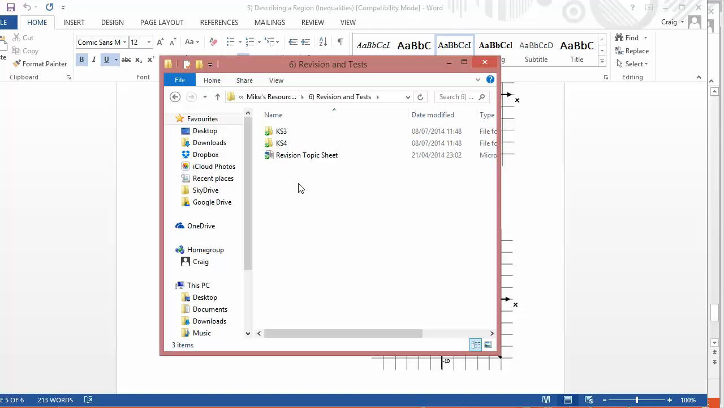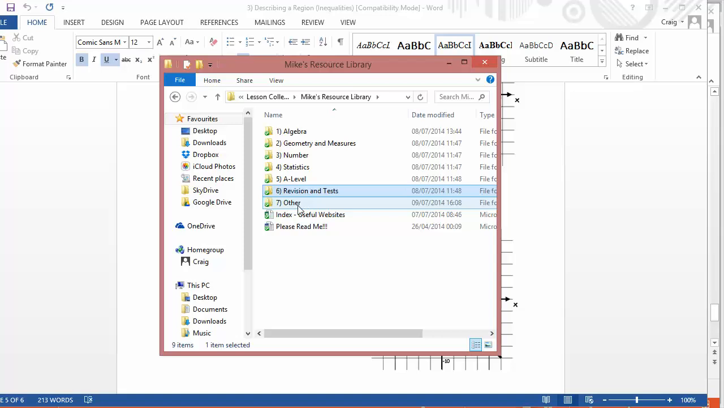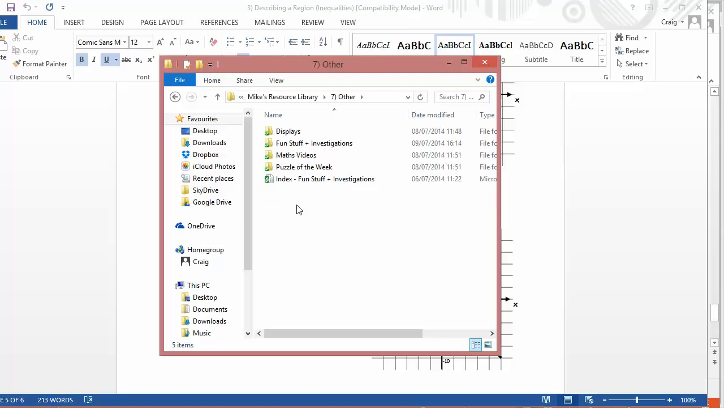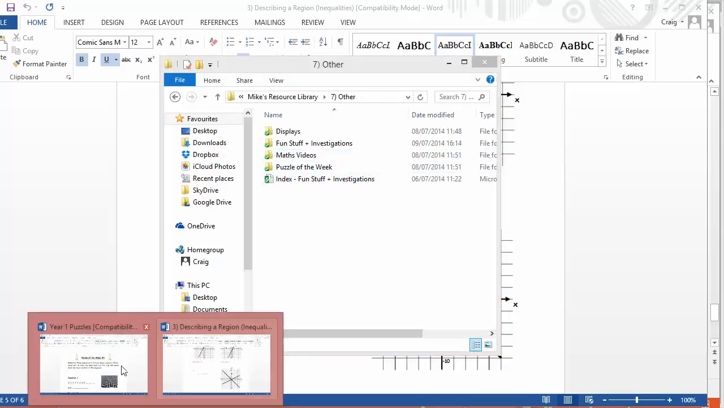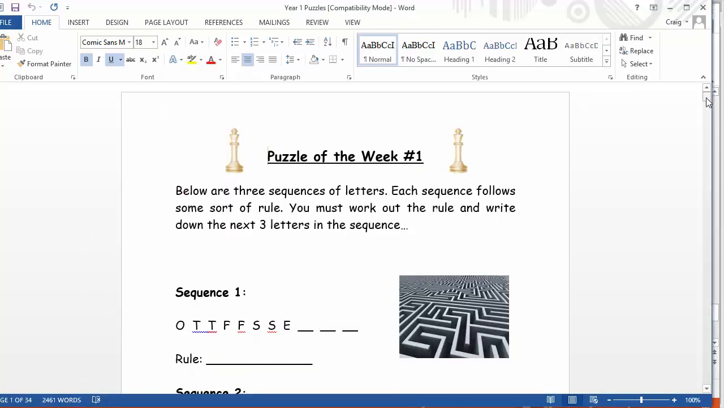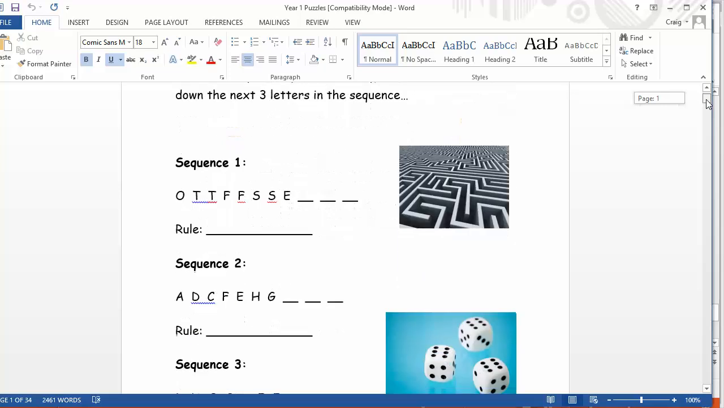In revision and tests, you've got past GCSE exam papers, Key Stage 3 end of year SATs tests and topic tests. But I love this as well. In other, you've got displays, fun stuff, loads of investigations, maths video, and what about this? Puzzle of the week. We use this as our numeracy puzzle on our maths notice board on the corridor, and